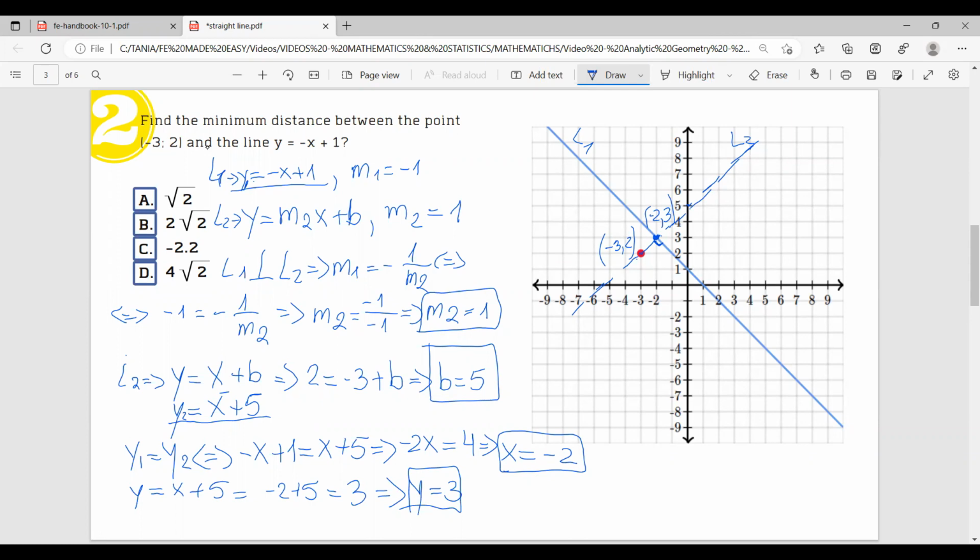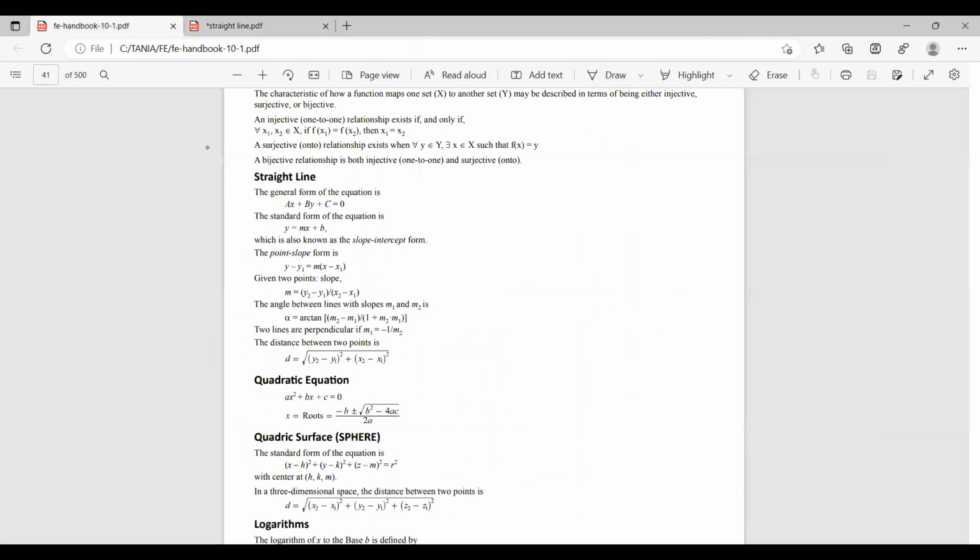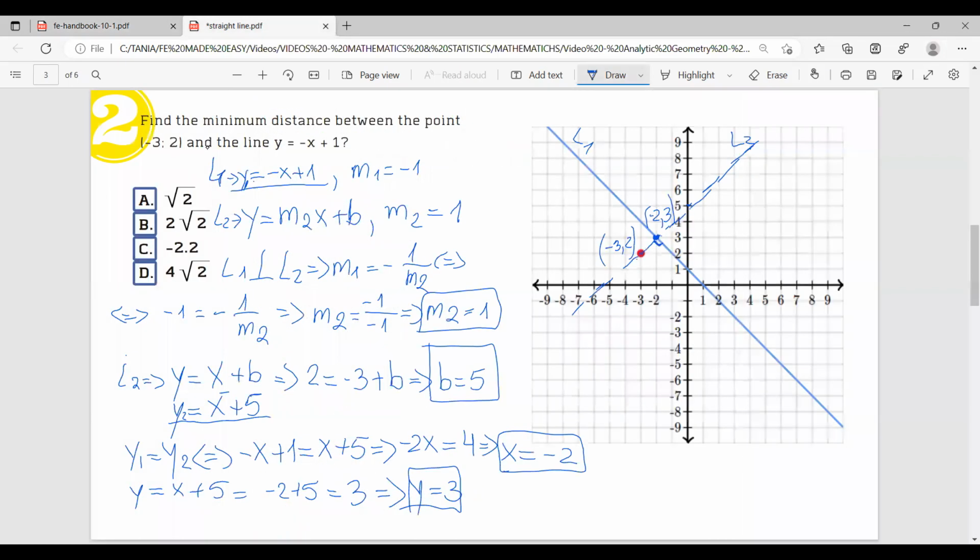So from here it is pretty simple. We have 2 points and we have to find the distance. And the formula here in the FE handbook, the distance between 2 points is the square root of y2 minus y1 squared plus x2 minus x1 squared. And we're going to go back here and calculate. Distance equals the square root of y2 minus y1 squared plus x2 minus x1 squared,